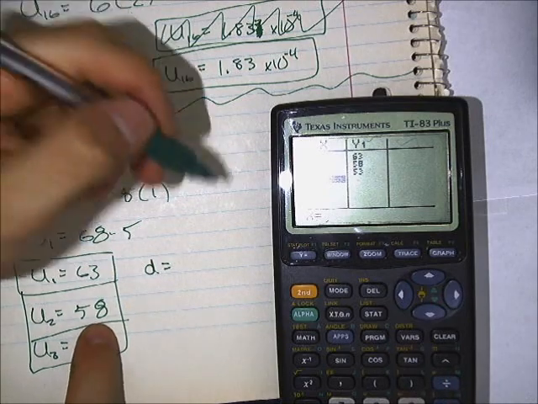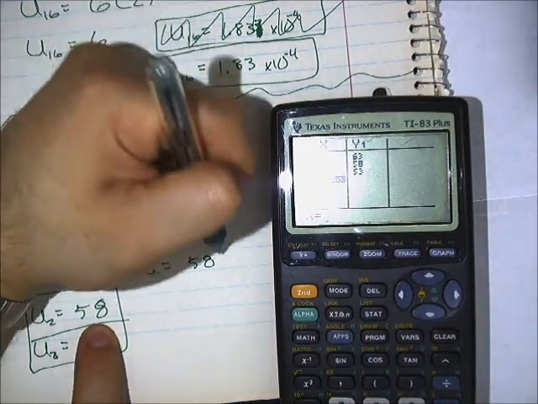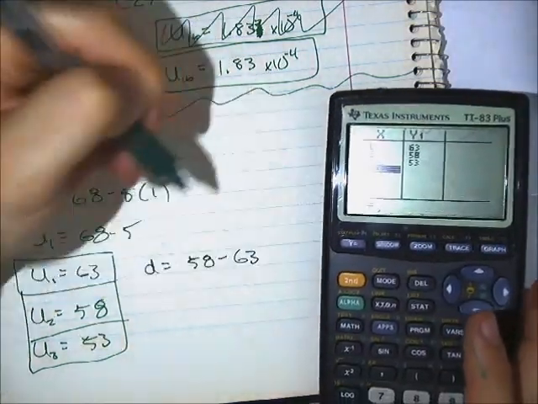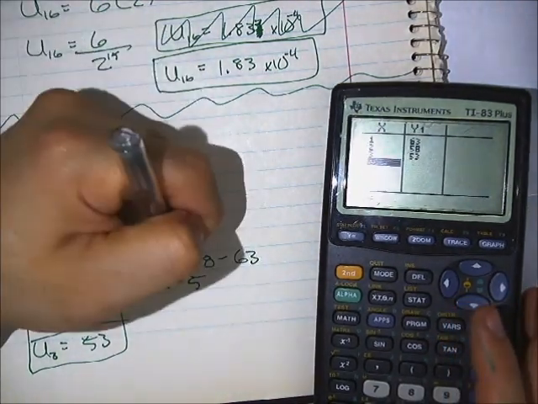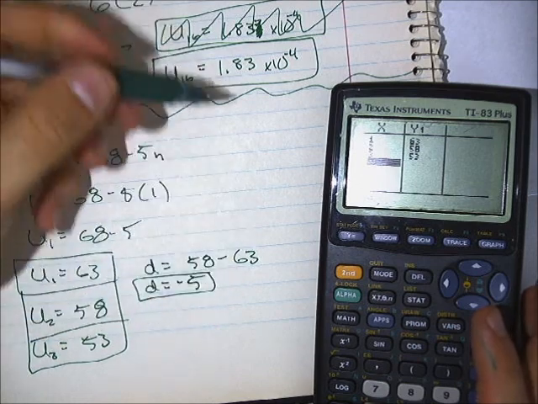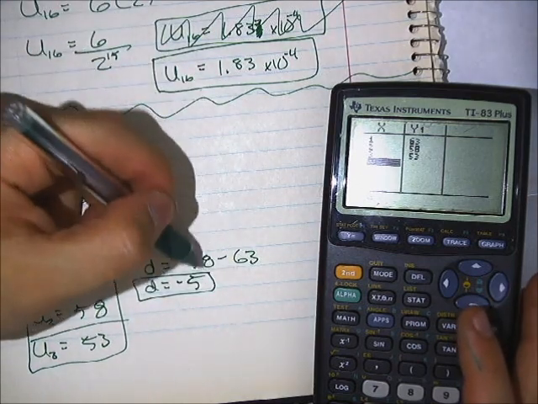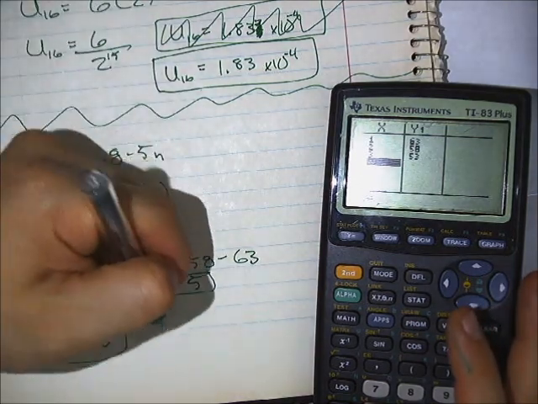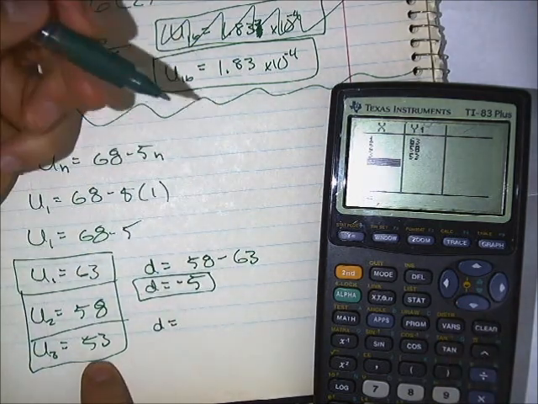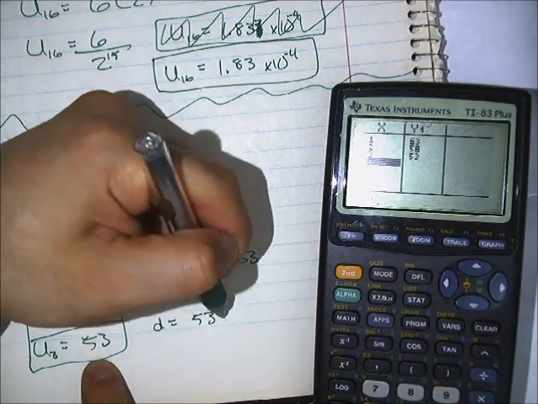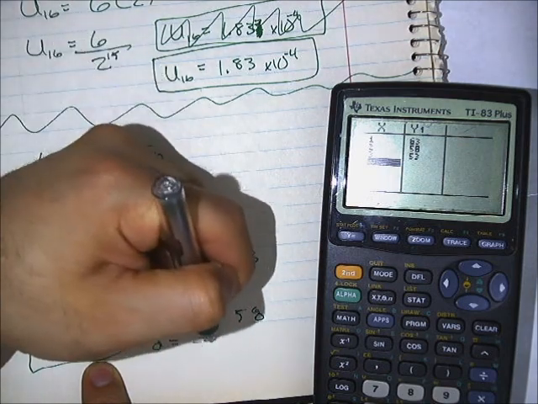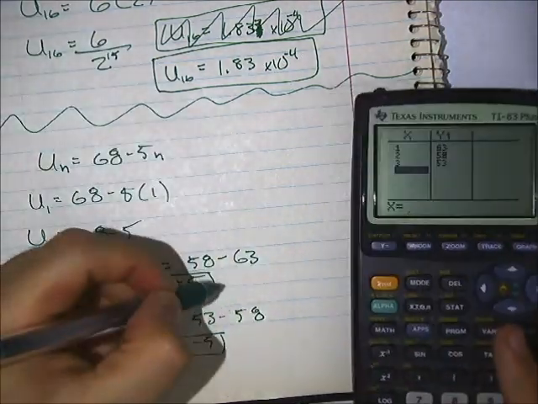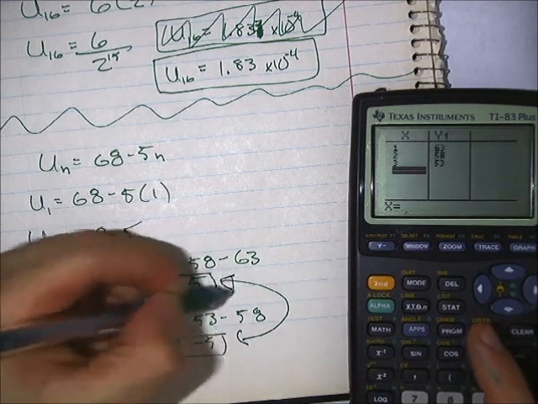58 minus 63. That gives me negative 5. So I get a common difference of negative 5 when I do those two. Let's take another one. D is equal to 53 minus 58. D is equal to negative 5. So because these two are the same right here,